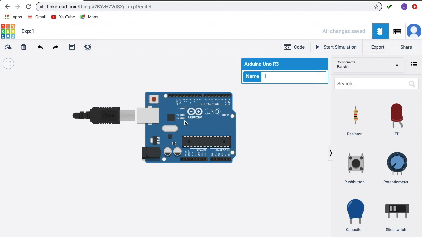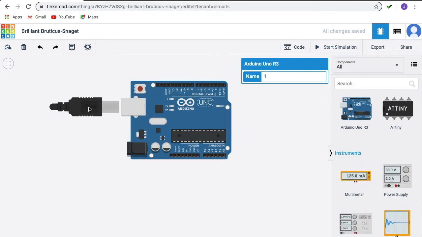The same TX and RX of this serial communication is connected to D0 and D1 of the GPIO pins. We will interface this USB port to the laptop, and in the laptop we will use the Arduino IDE to write the code, and through this USB cable we will burn the code into this ATmega